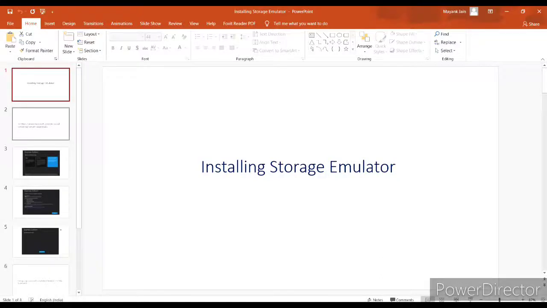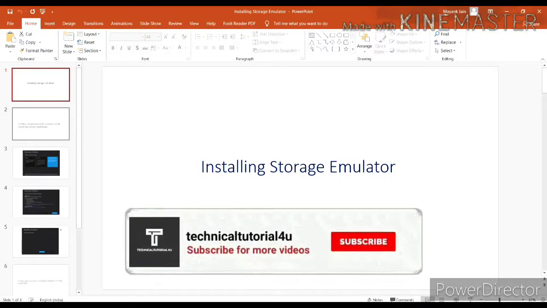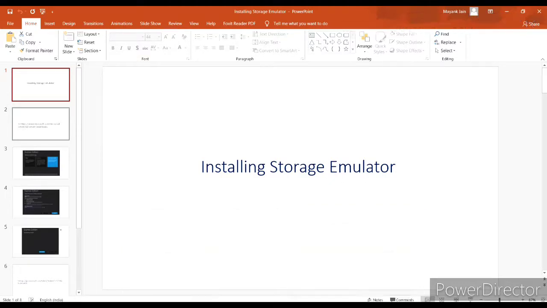Hello guys, so in this session we will talk about how to install storage emulator in our local machine. Basically storage emulator helps us to run timer trigger in our local machine. So in the previous session we have seen how to run timer trigger using Azure storage account.